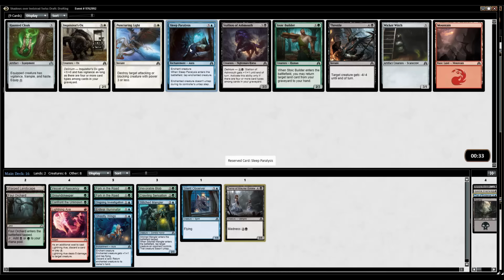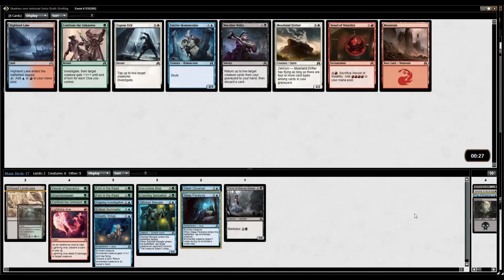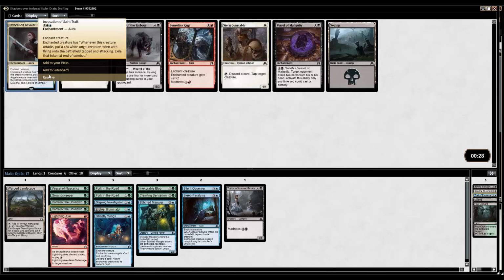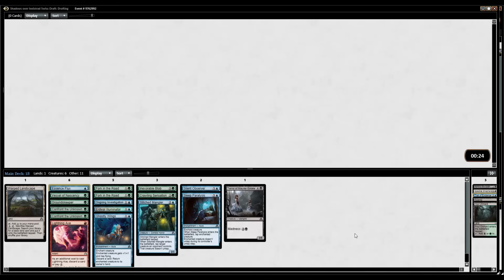I think I'm gonna stick with blue for reasons that are known only to, I don't know, not me. There's another Confront the Unknown. There's also a Highland Lake. Highland Lake can splash this Lightning Axe, but I think I just want another Confront. I've got 2 Fork in the Roads. We'll be okay. I don't think I can actually beat Invocation of Saint Traft. Not saying my opponent should play it, or people should play it in general, but...